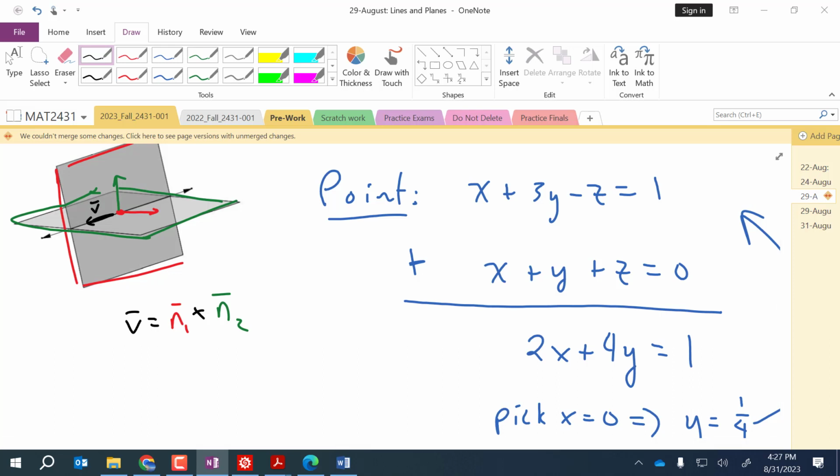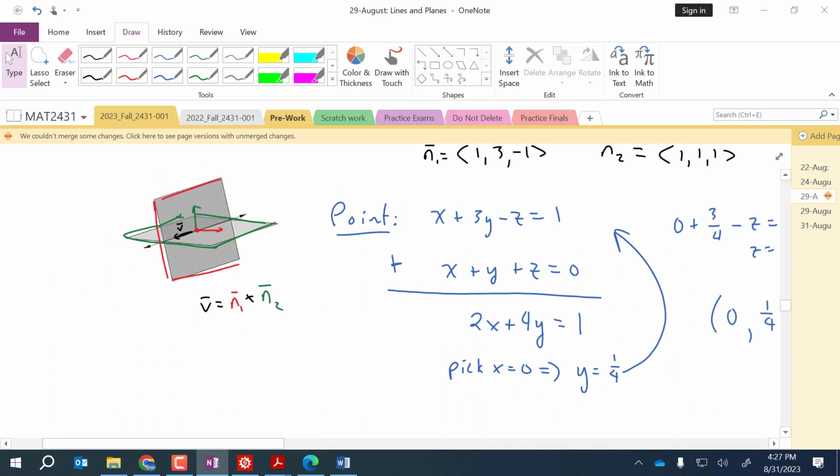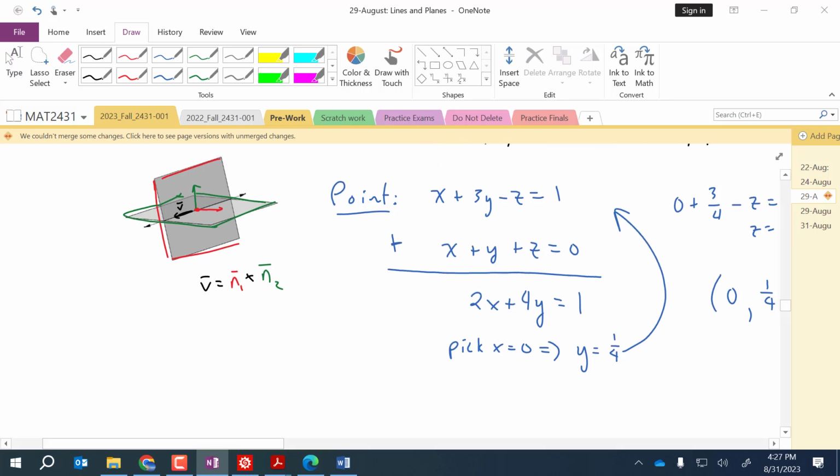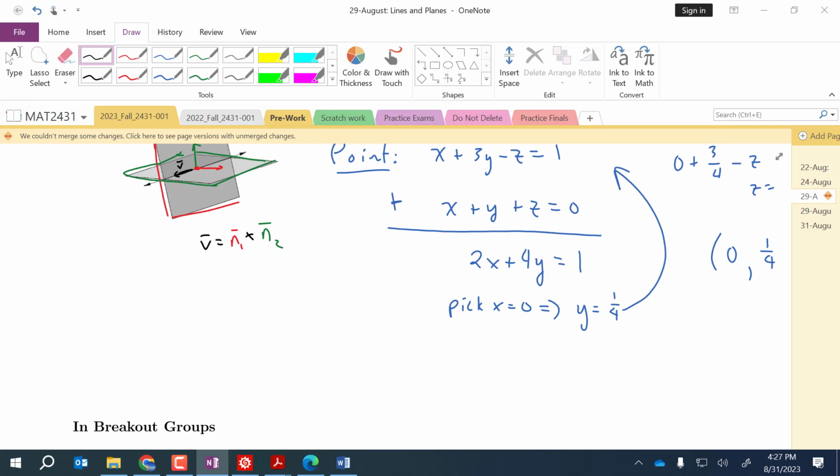Okay? We did algebra to find a point. We found an equivalent equation, found a point on it, and then back substituted to find v. Notice we didn't have to find one particular point. We could pick. There was a choice there. You could have picked any number you wanted for x or any number you wanted for y, and then everything else was determined after you did that. Okay? So then we've got a point and we've got a direction vector, and so our answer would just be